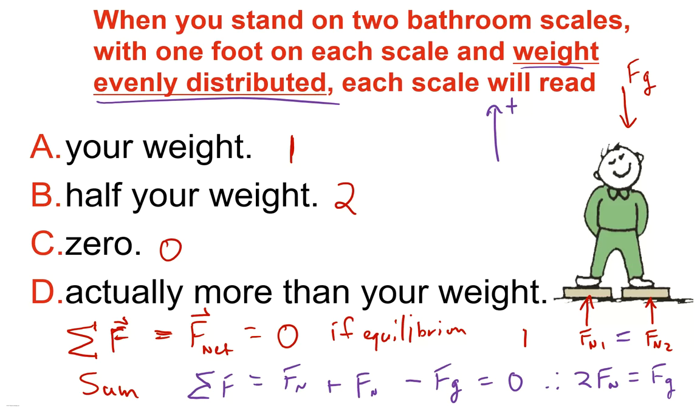G is gravity, so force of gravity. FN is force normal, because N is for normal. Or support, as our textbook calls it. It still uses N because it's the normal force. Okay, so what do I have here? You have numbers. I have 2 force normal is equal to force of gravity,